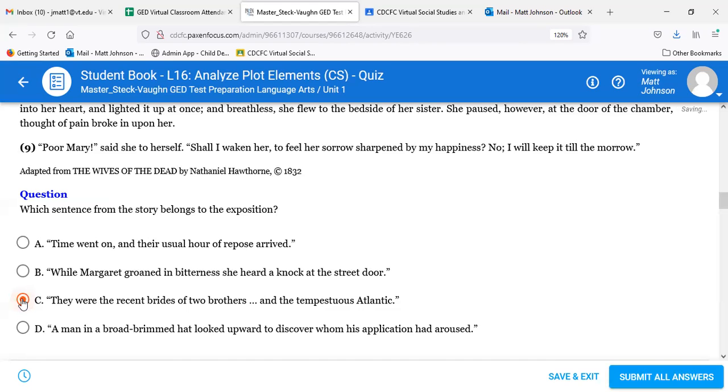These two, Mary and Margaret, were recent brides, and then that further explanation that they had both lost their husbands recently. One obviously a soldier fighting, and the other a sailor, right? So they lose their husbands both around the same time early on in the story. So C is in cat for 2,